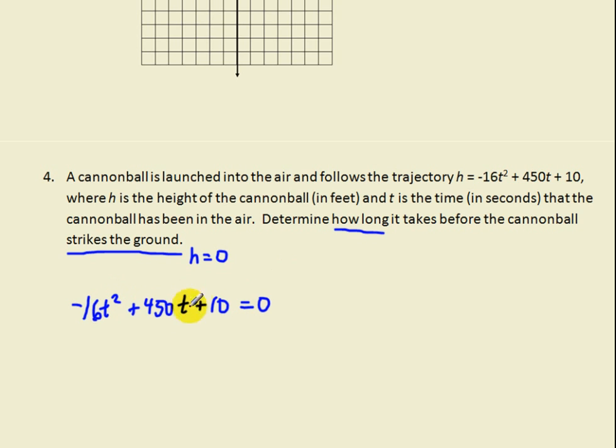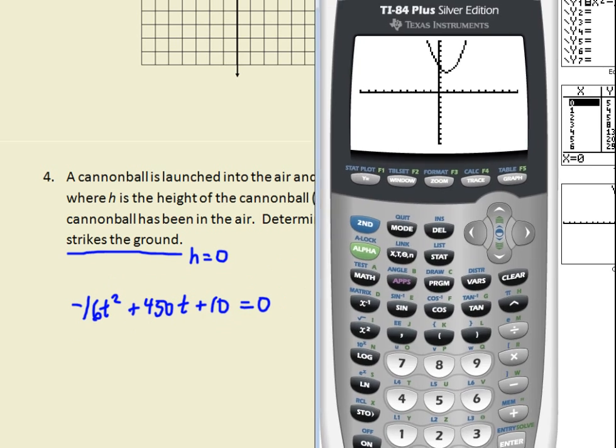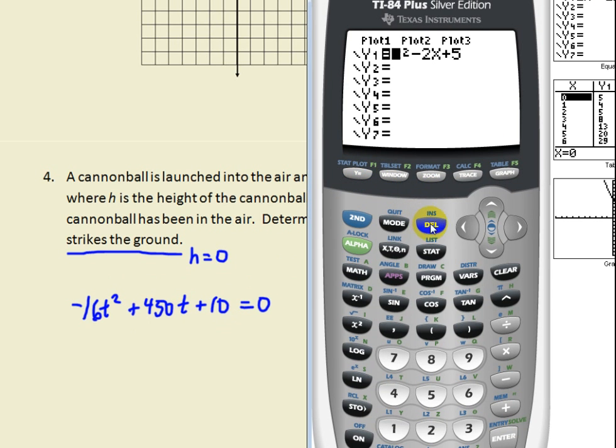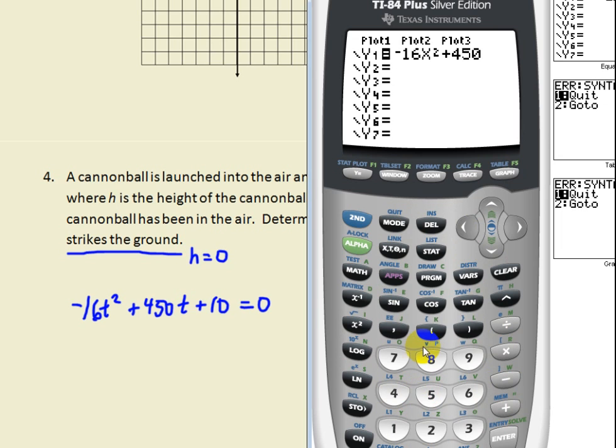Now if we wanted, we could deal with some factoring and see if this will factor out nicely, or we could just grab our calculator and graph it. Let's do that. So we're going to go to y equals, and we have a plus, not minus. Need to go back there. Oops. There we go. Negative 16 and x squared plus 450x